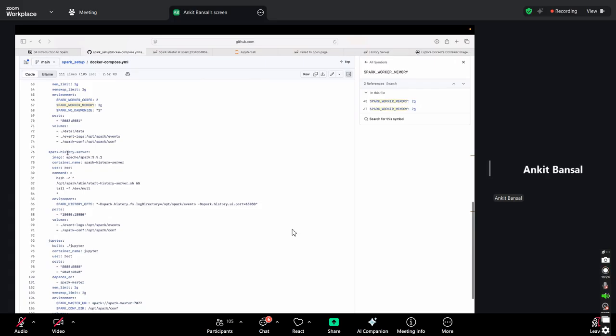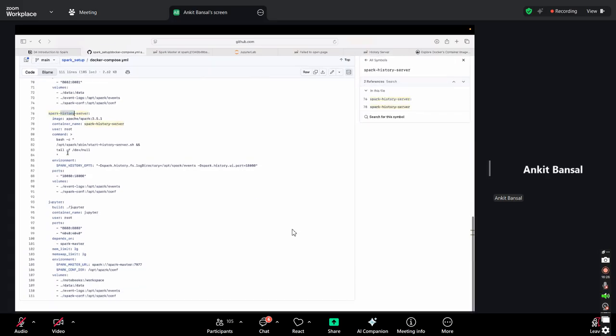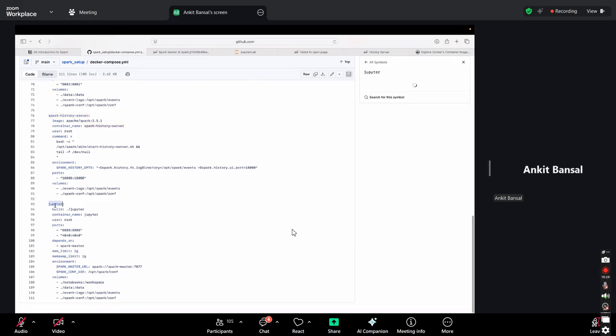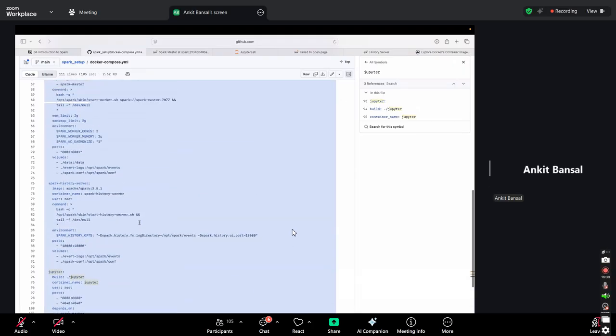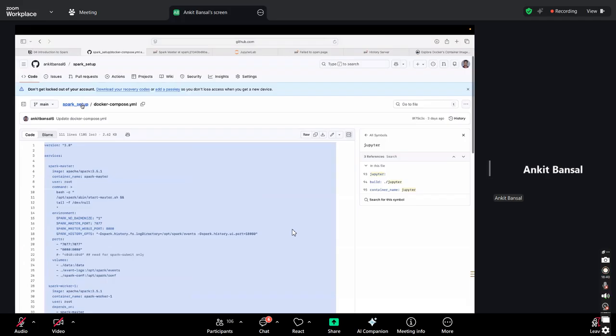And then we have an S3 server. We can see all the jobs here. And then we have Jupyter, to run the code. And in the same container, we have the driver as well. So in the same container, we have Jupyter as well as the driver. I'll show you. So if you go back,